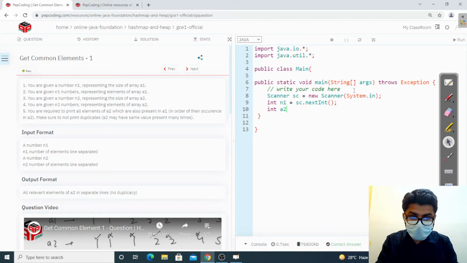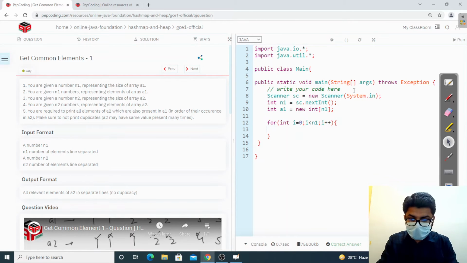I'm going to take the array input, and while taking the array input, I'm going to put them in the map too. First of all, I have to declare the map also.